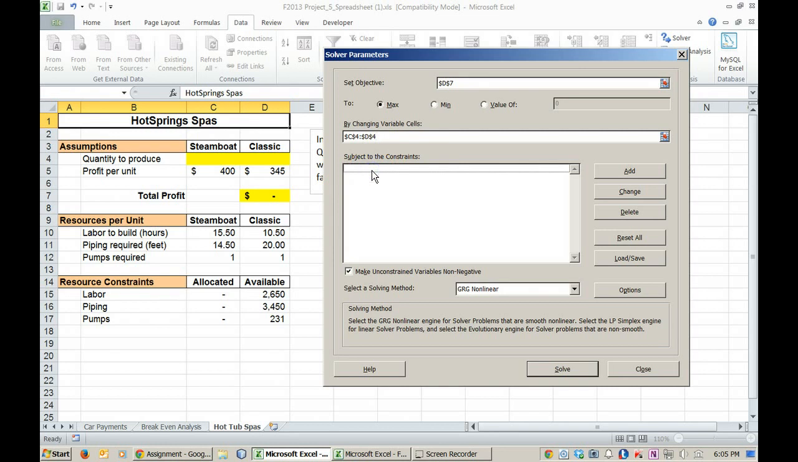Now the constraints are that we have to be less than or equal to what's available as far as parts go, because as we make these spas we make them out of parts, and then we can only make so many depending on the parts that we have available. What we don't know is how many we can make, and that's what's going to show up here in row 4. So our constraints are, and it's easier to point, so our constraints are going to be,